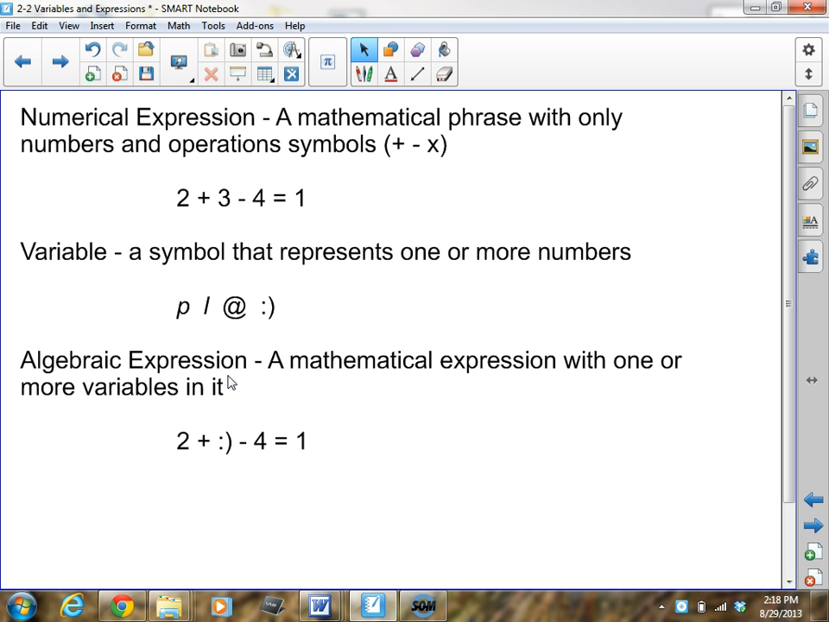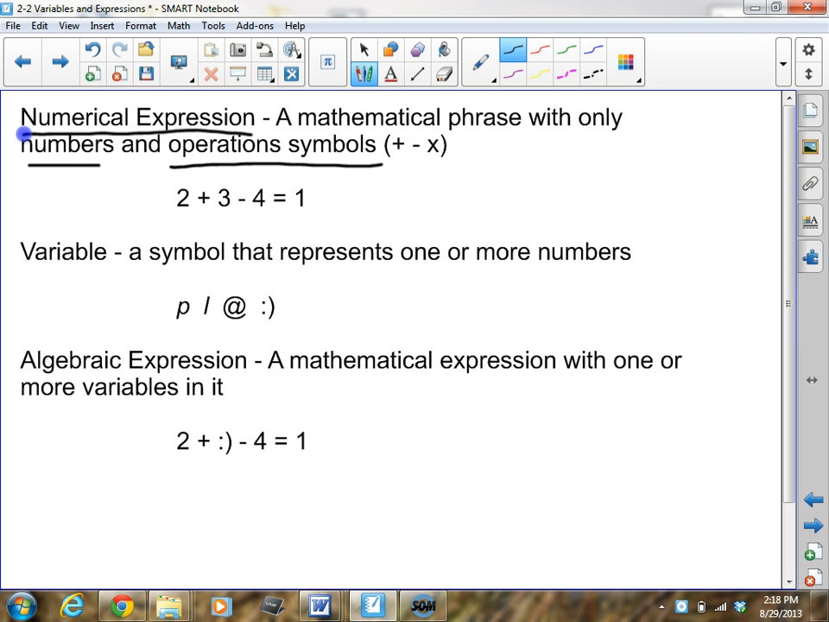Now, on the very first one, we have what's called a numerical expression. Now, that may be a new term to you, but it's not a new idea at all. A numerical expression is simply a mathematical phrase with only numbers and operation symbols. And operation symbols are plus, minus, times, for example. And so this is an example of a numerical expression. I say 2 plus 3